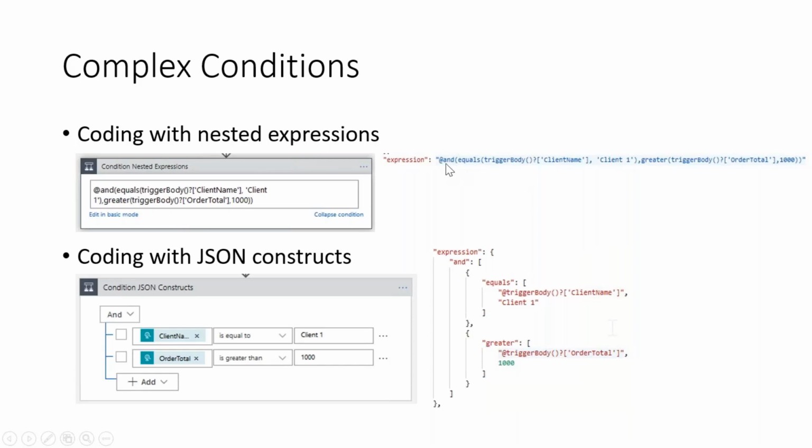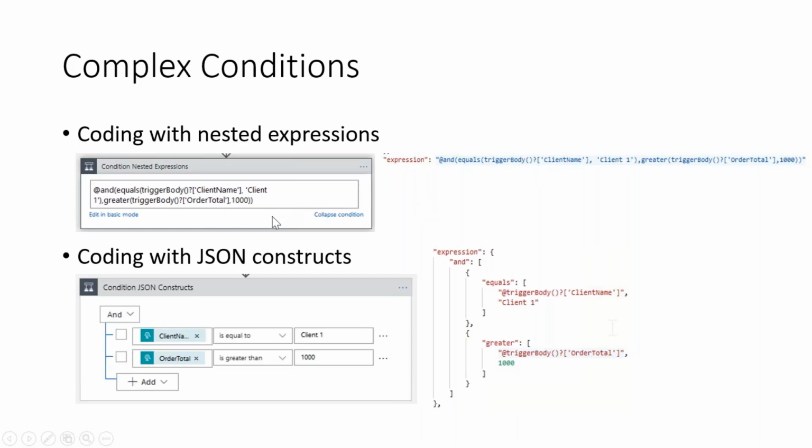In case I want to have, for example, an And condition with an equals and a greater, I would do something like this. So it is okay to work up to this level, but more than that, it becomes too cumbersome to see that expression working fine. And normally I struggle a little bit to see how many parentheses I missed to make sure that's working. I had to switch back to, I don't know, Notepad++, for example, to make sure I have everything in the right place. So that's the way we used nested